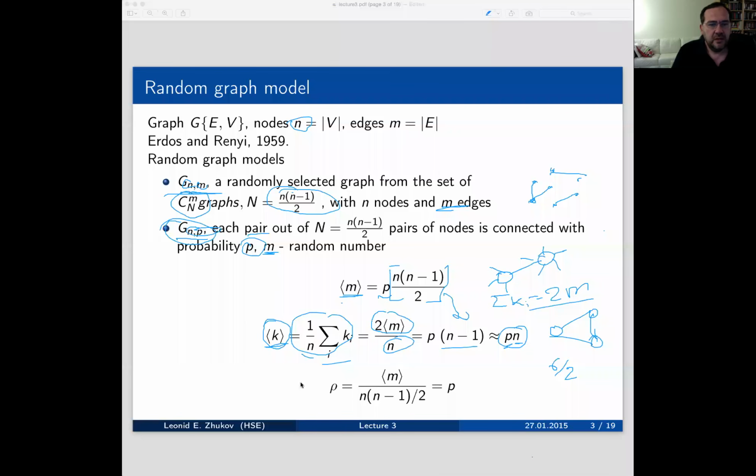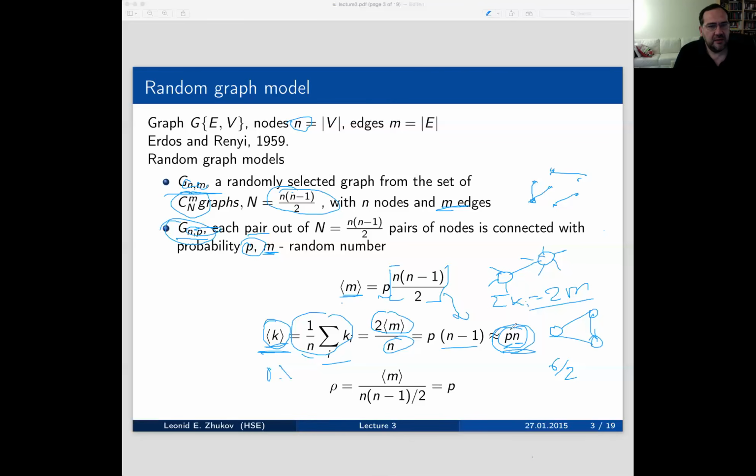So, all right. So this is K, right? And P times N. And so what this means is the following. When you increase P, the probability that two nodes are connected, you increase on average the average node degree in the graph. All right. This is an average, which means it can be less than 1. It can be like, for example, 0.1, or it can be 5, whatever, because it's an average number. It doesn't have to be an integer.